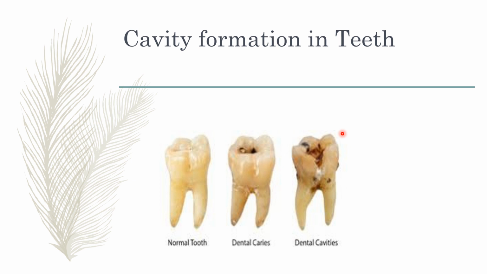Now, how cavity forms in our teeth, that I will explain. When we eat food, some food gets stuck between gaps in our teeth. Bacteria live on the surface of our teeth. The bacteria grow well on sugary food items. Then bacteria make a substance called acid. Acid eats away the covering of the tooth, that is enamel. Slowly, a hole or a cavity forms in the tooth.